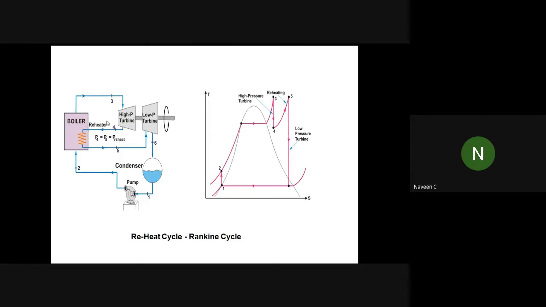We call this the reheating process. After reheating, it again becomes superheated steam, so the moisture will be removed. Little energy is required here. Instead of letting it out to the condenser, you are retaking the steam, reheating it and removing the moisture, and letting it back to the low pressure turbine. Again you are extracting some energy. These two turbines will combinedly give the shaft the torque, so it will rotate the generator.